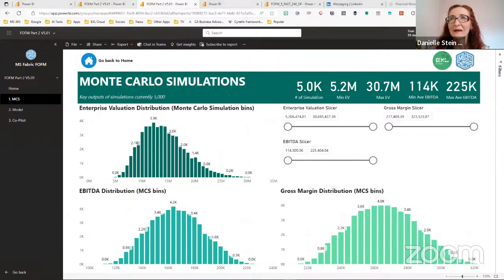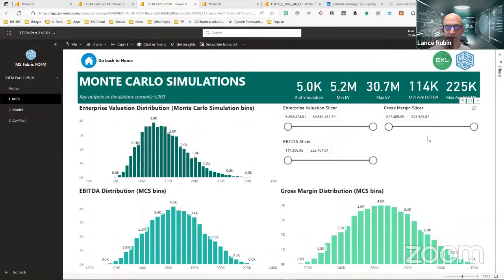There's a comment from Paul about the cost per user license. I don't know if anyone wants to comment on that. Other than that, I think we're up to date with questions. Yeah, licensing is a challenge. There's PPU, premium per user. RazorRad did a great video on licensing for Fabric. It's actually not as expensive as you think, but now you're paying for compute. Storage is cheap, you're paying for compute.